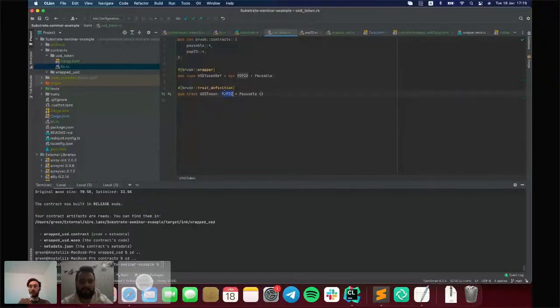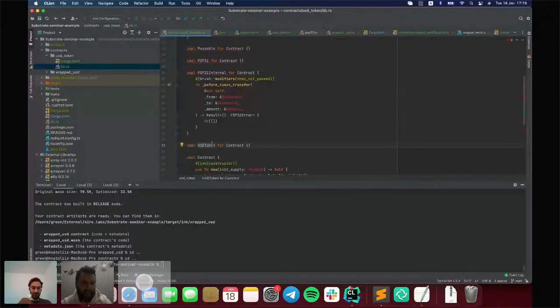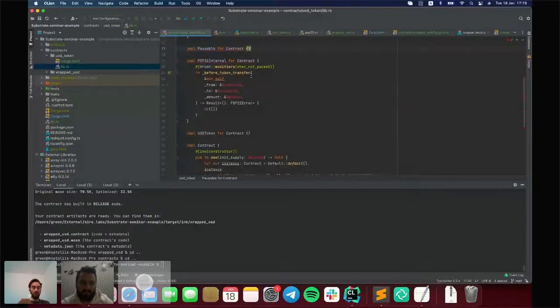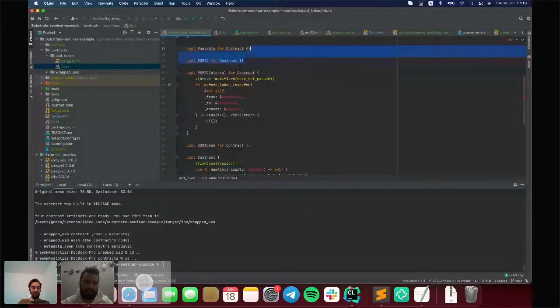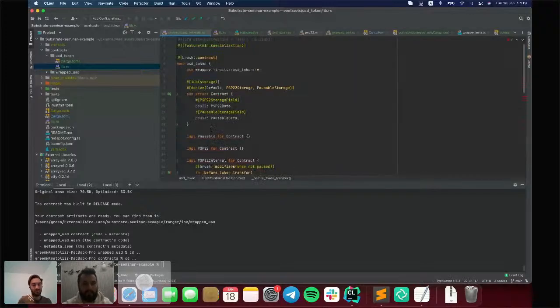So it's only a guard for you to be sure that your contract implements both traits. Because, for example, if you remove that, it will show that you have not implemented PSP22. Okay, so it was simple for USD token.